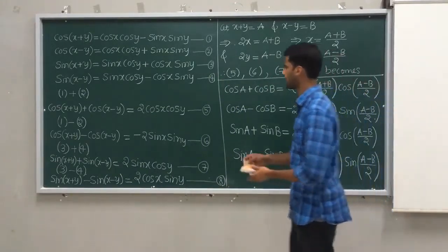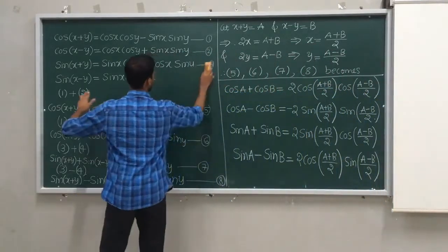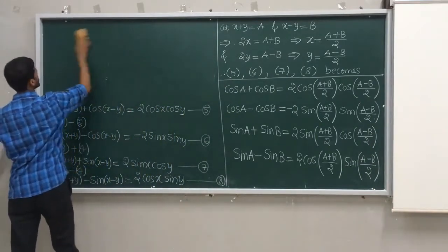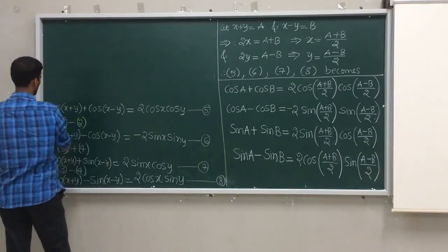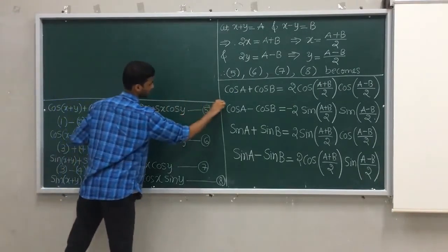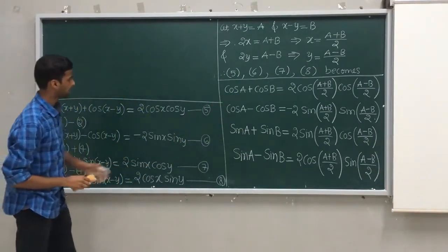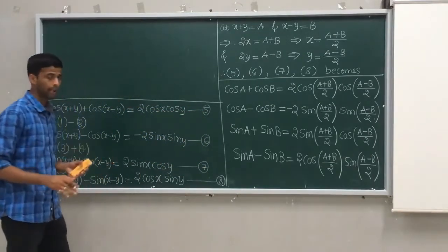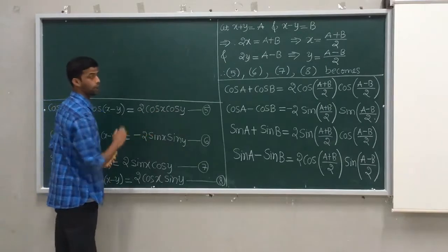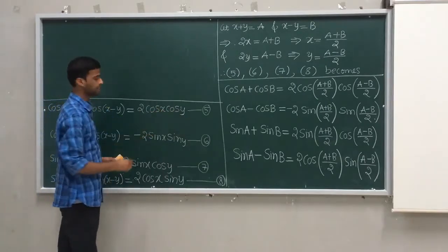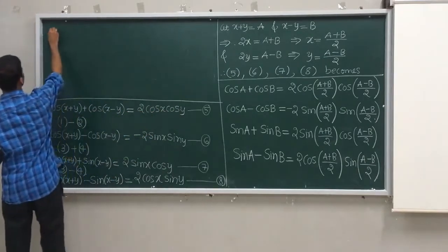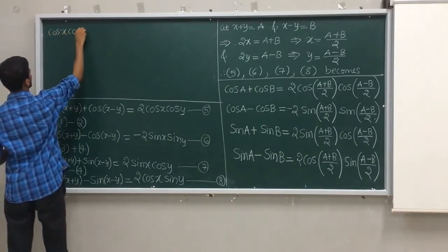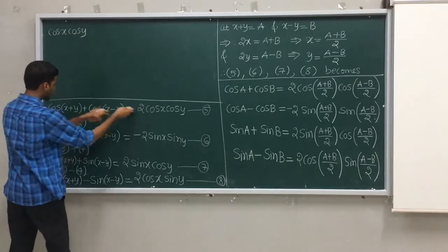Otherwise, one more thing I want to tell you at the end of this. I'll write a last note to you. This is finished. Now I will change 5, 6, 7, 8 to my requirement. If I want to find cos x cos y, or cos a cos b, what is the formula? Therefore, cos x cos y is nothing but, bring that 2 here,